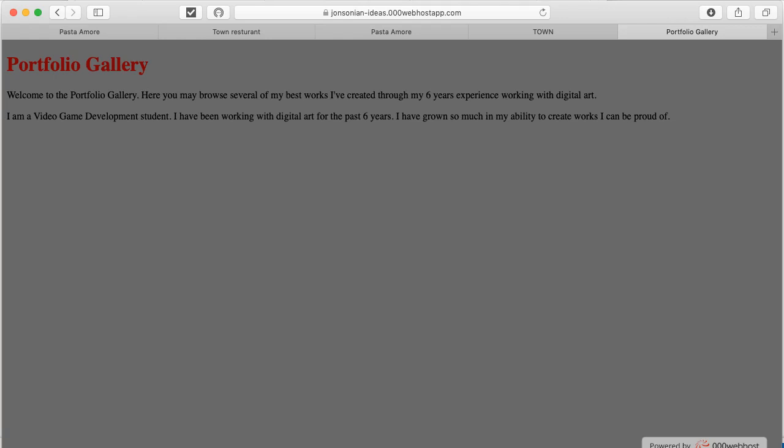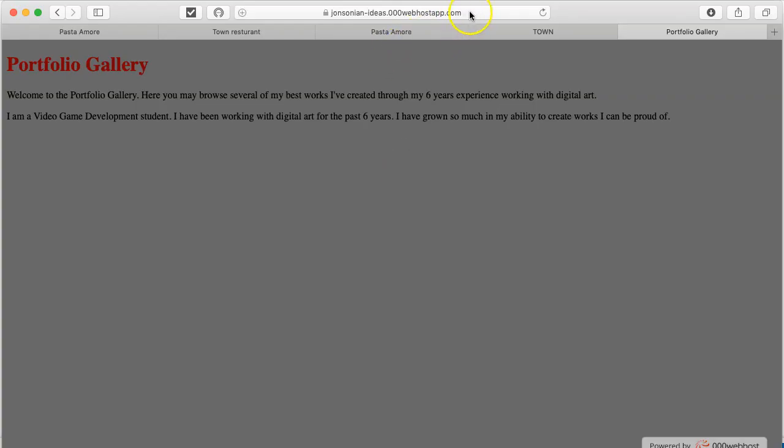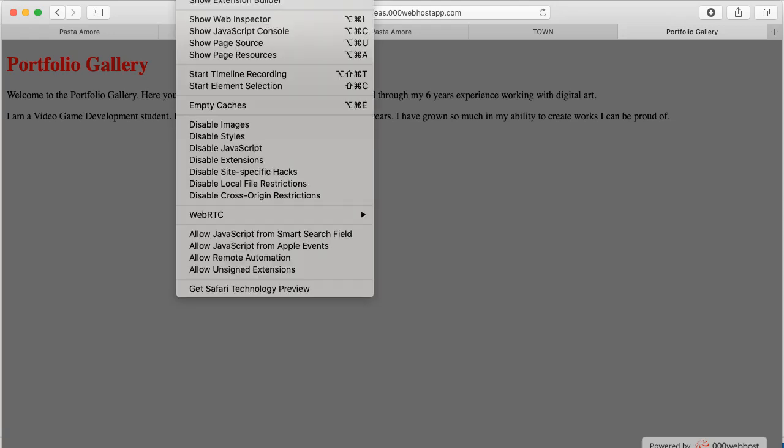Dominique, I'm not sure if you were doing one of the clients or something else, but in any case, this is your 3.3 submission. This is the Inline Styling project, and I've gone to the URL. I see that you're hosting it off of the 000 webhost.app. That's fine if it allows you to get things on and off the server easily. I'm all for it. Now I'm viewing your website in Safari for the Macintosh, and every browser has this feature. It differs from browser to browser, but you can view the code